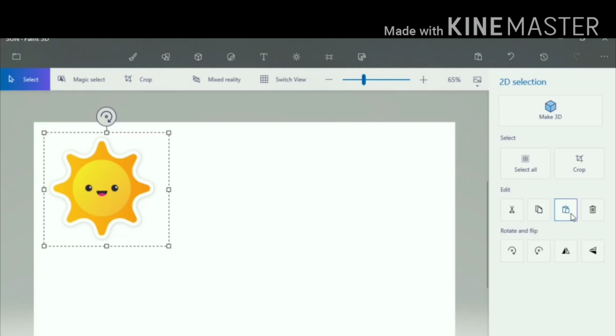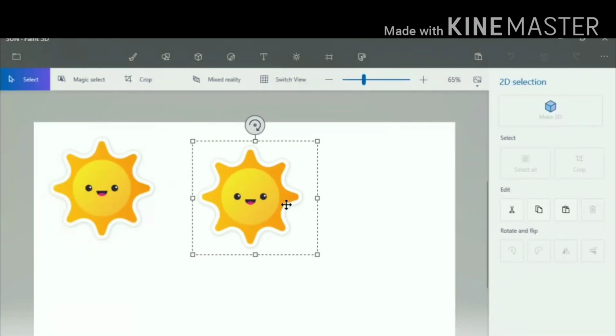Here it is. Now click on the paste button. The new copy of the selected sticker will be placed over the pre-existing sticker. Select the inserted sticker and drag and drop it at the new location like this.